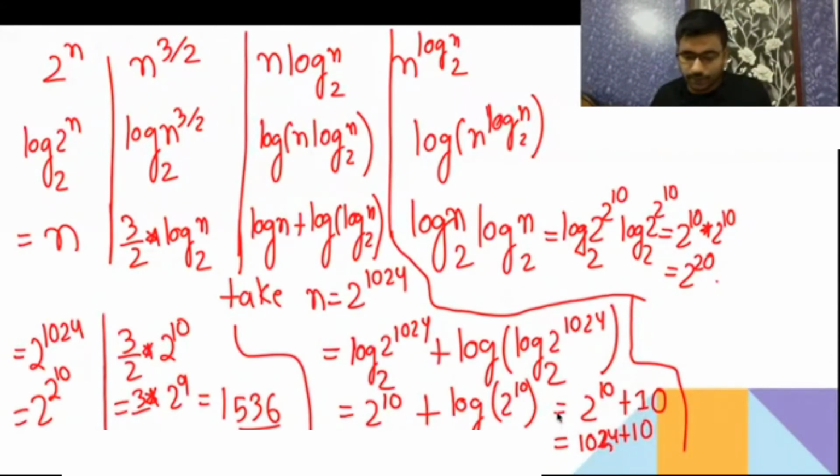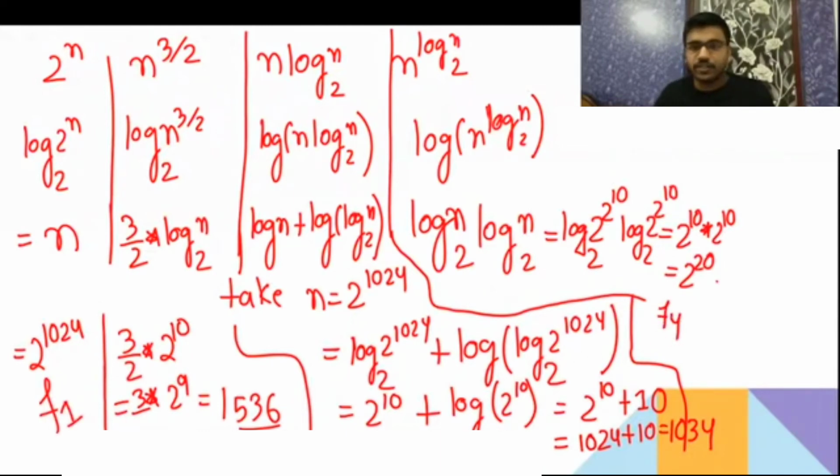Okay, now see whether it is clear or not. Now tell me whether it is clear or not. 1024 plus 10 is going to be 1034. So you know that this is in more power, 2 to the power 1024, so this is going to be the bigger one. Then it's 2 to the power 20, which is the smaller one. Out of these two, this one is the bigger. Okay, then clear. So this carries 2 marks in your GATE exam.